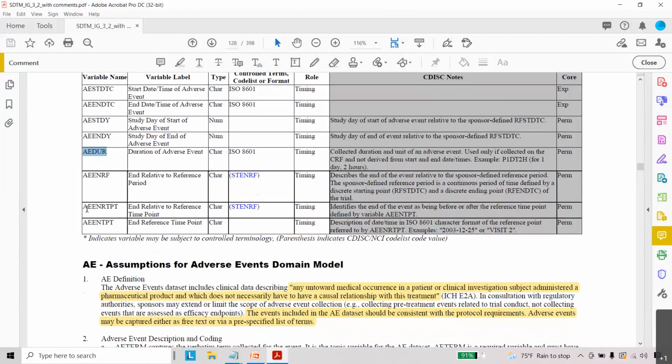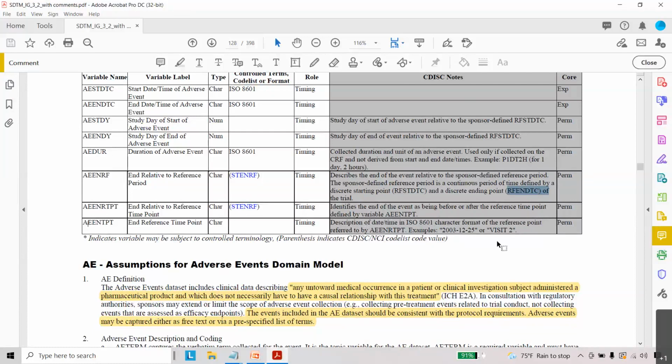And we have another variable. These are actually time point variables we can call. I want to describe this one first, then we will discuss AEENRTPT and AEENTPT. So AEENRF is a reference period of the treatment start date and end date. But AEENTPT is a specific time, a specific date and time or any particular event.